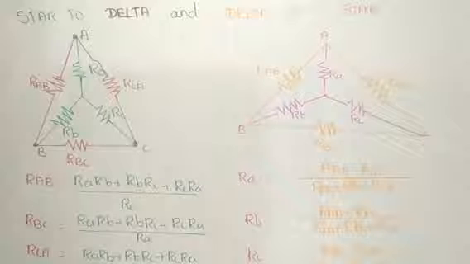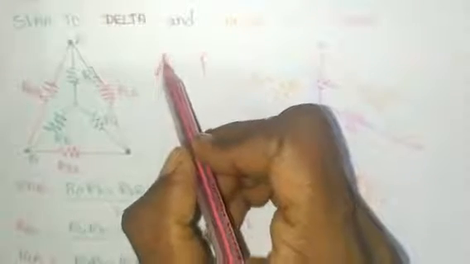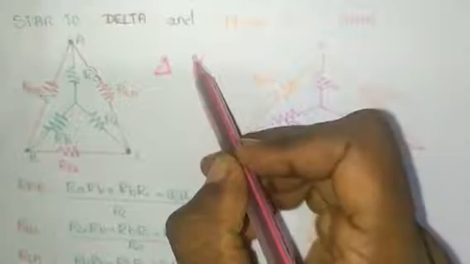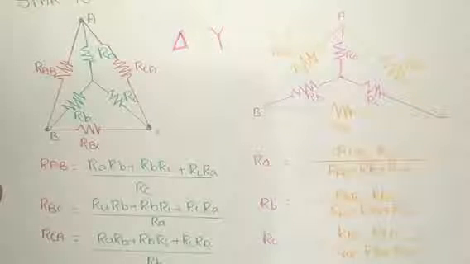Next, we can see the star to delta transformation and delta to star transformation. In a delta network, 3 resistors are connected in delta shape. A star network, or Y network, has 3 resistors in the form of a Y shape. To convert a delta into a star or a star into a delta network, remember the formula: the numerator terms are pairs of resistors or sums of pairs of resistors, and the denominator will contain a single resistor or the sum of single resistors.